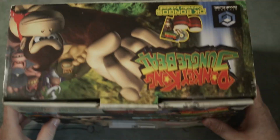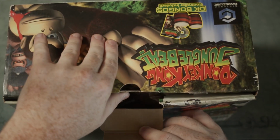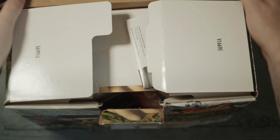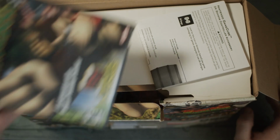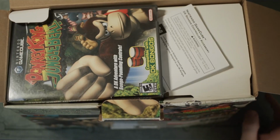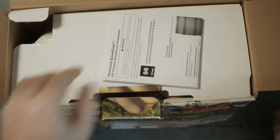So let's go ahead and bust right into these bongos, and let's start with the top right here. Open this guy up, and this is where the game would normally sit. So just for in-box experience, just imagine this is sitting right here. You'd open it up. Oh my God, you got the game, and you got your little safety menu here where